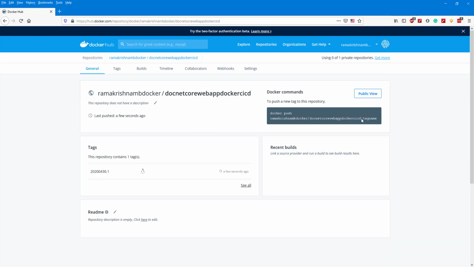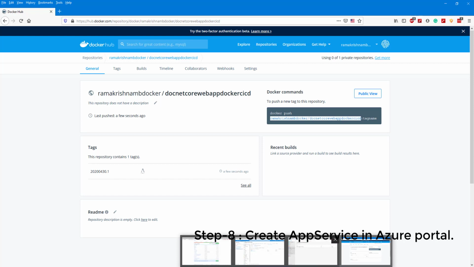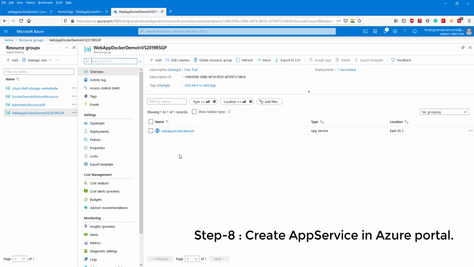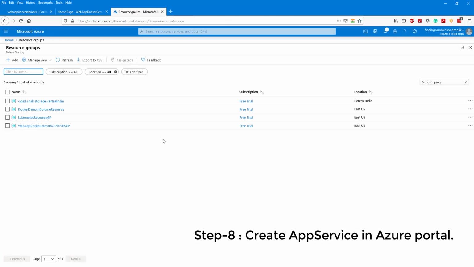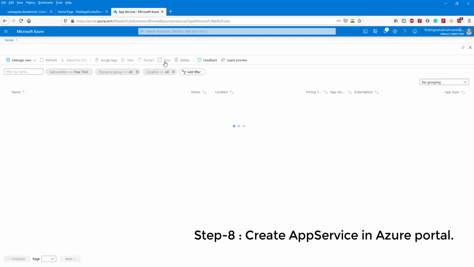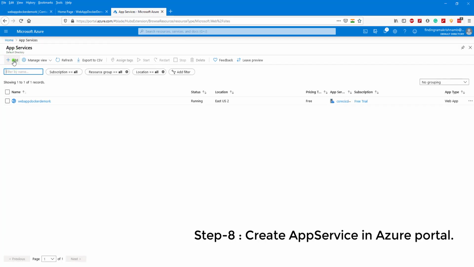So using this image, we create an app service, and let us check how it works. We already have a resource. Earlier we created a resource, web app docker demo in the Visual Studio resource group. For this resource group we will create an app service, create a new app service.